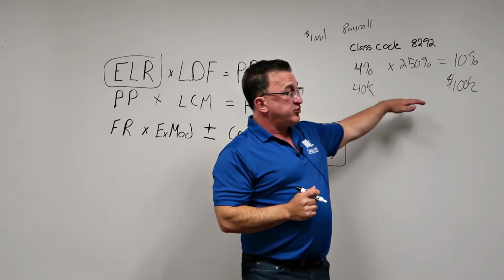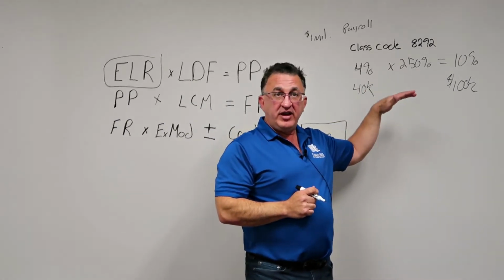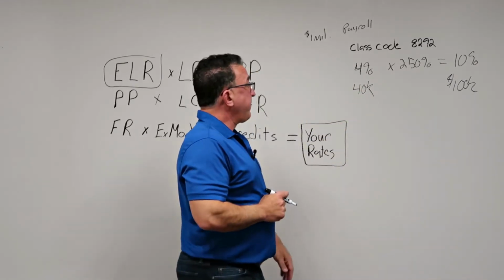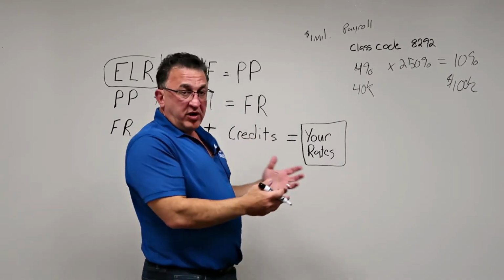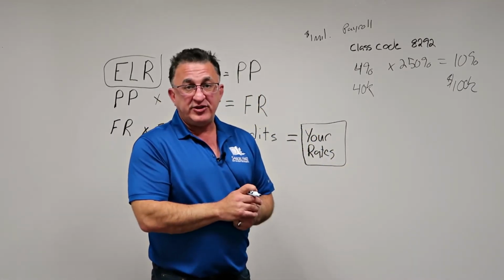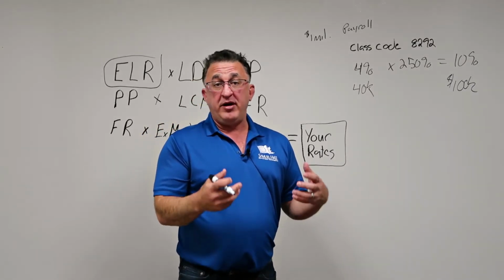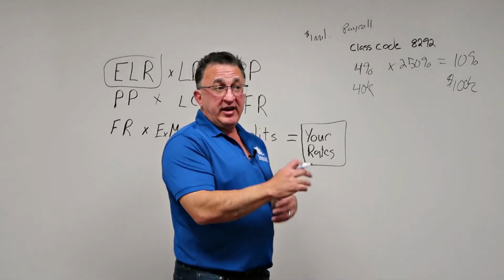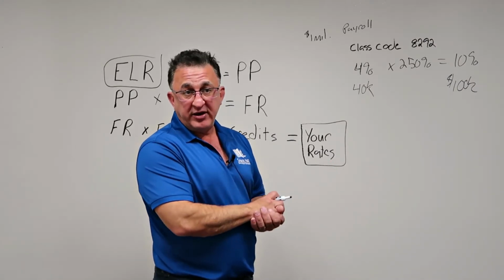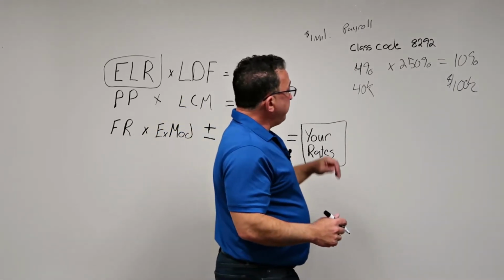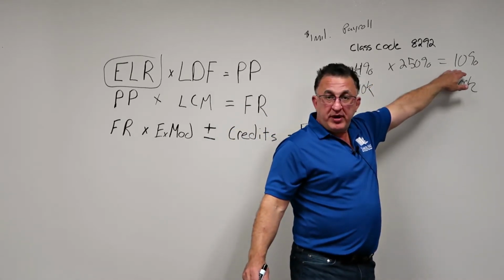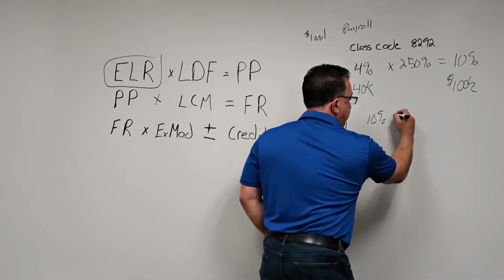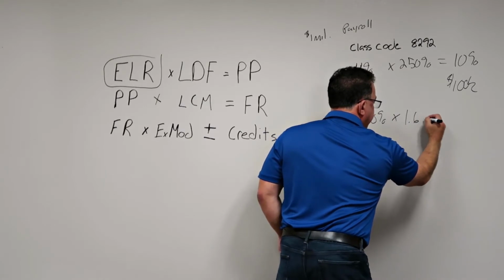So that's sometimes when the carriers are not giving you the rates that you think you need. Because you see 40,000, they see 100,000 when they look at 40,000. So I'll use our carrier that Samuel Hale uses, State National, has an LCM, a loss cost multiplier of 1.6. Now that's not secret information. The LCMs are actually posted, and if you know how to research them, you can actually find them on Google or with the state. So on 10% pure premium, my carrier's filed rates are going to be 10% times 1.6